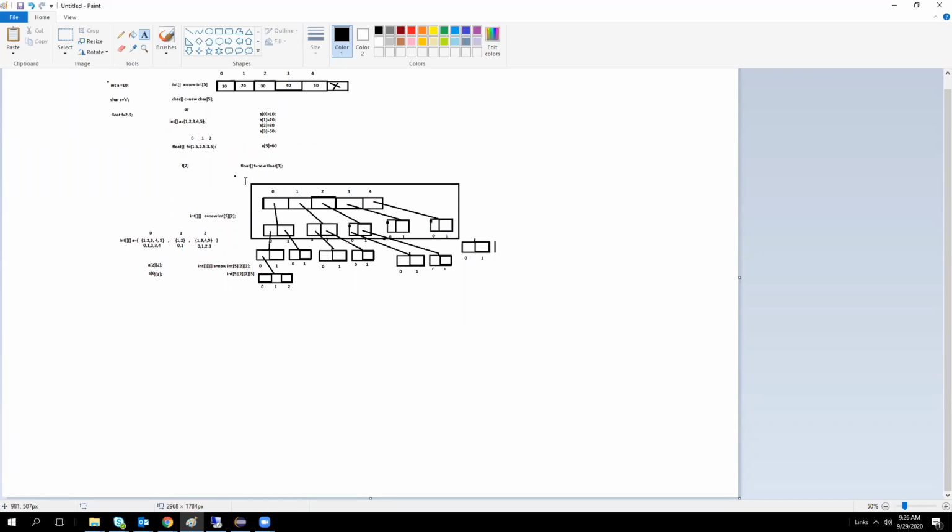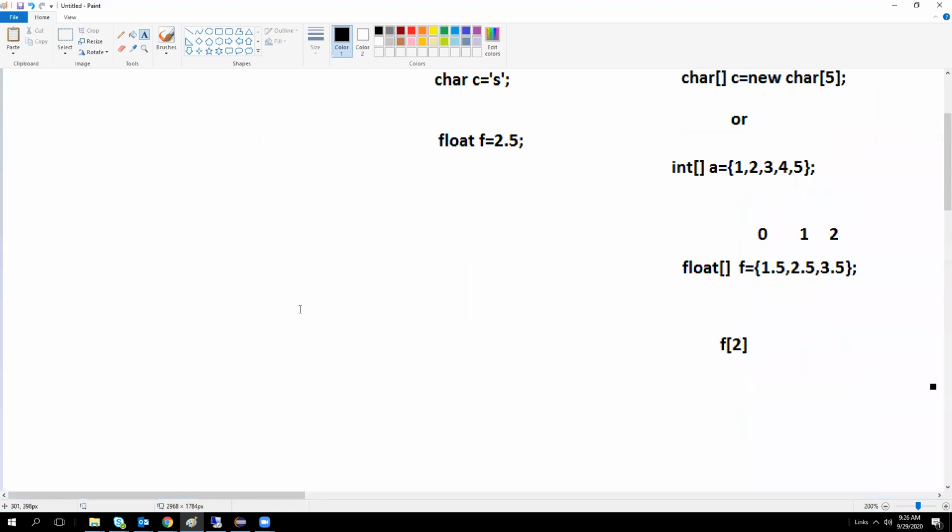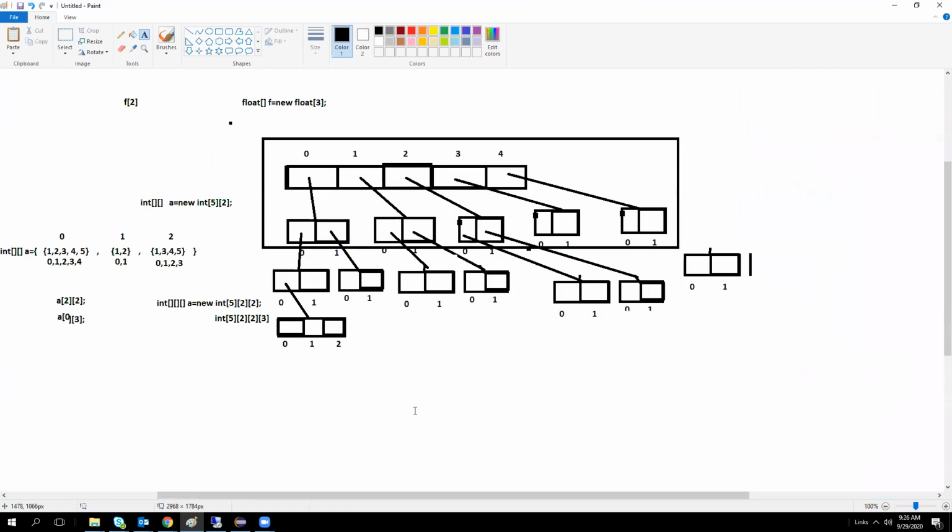You got the three-dimensional array. If you want a four-dimensional array, here I declare it like this. Here the first array size is 5, the next array size is 2, then the next is 2, and then 3. This 5 represents the first level. This 2 represents the next level of arrays. This 2 represents the level after that. This 3 represents the level after that.